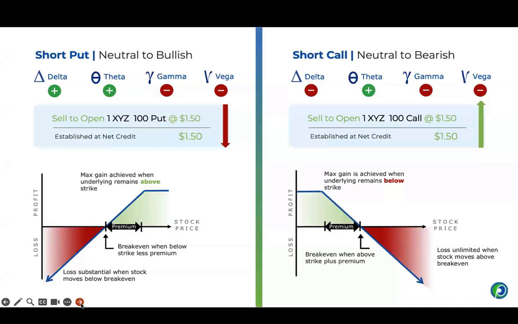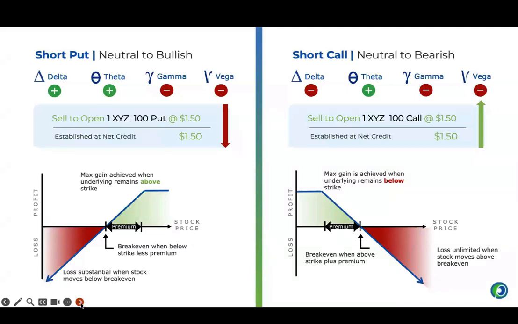Theta is positive because it's a short option, so therefore it's going to benefit. Gamma and vega are going to be negative because a large movement is not going to be beneficial, and then an increase in implied volatility is not beneficial. So we're getting a credit on both of these for 150 apiece, right? And we want to keep that credit, which means that we do not really, in this case, want any movement